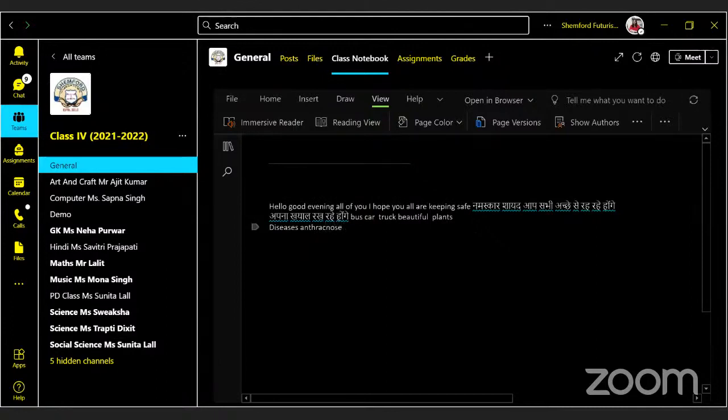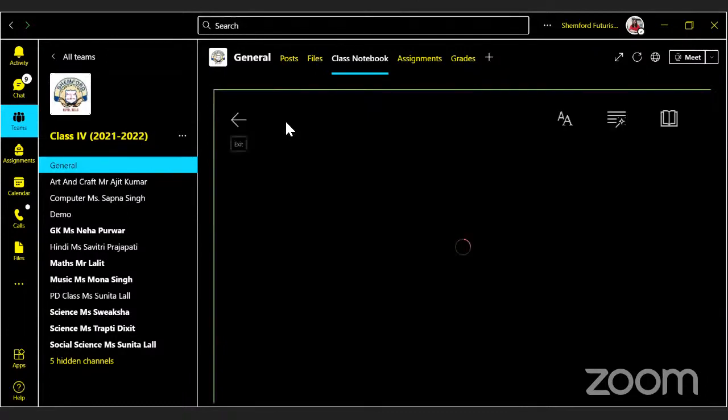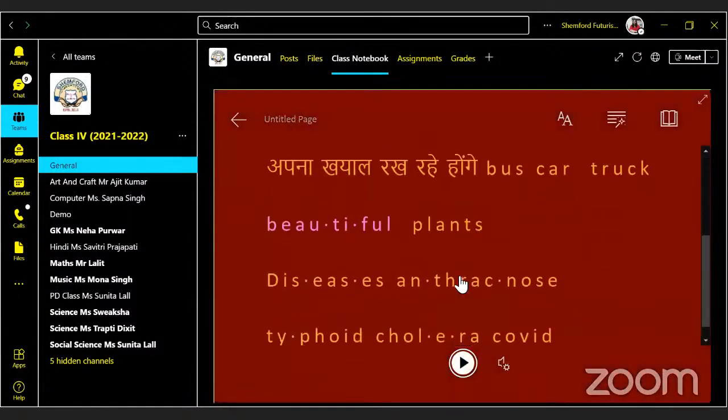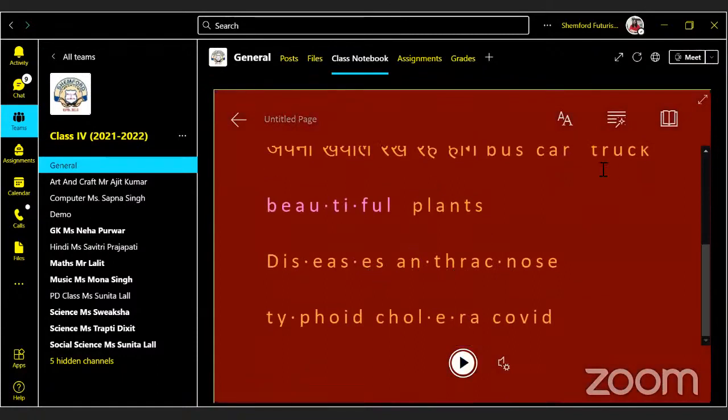Okay. So let me write another thing also. Let me see if it is appearing or not. Right. Okay. Let me go to Immersive Reader. It will just speak Anthracnose.